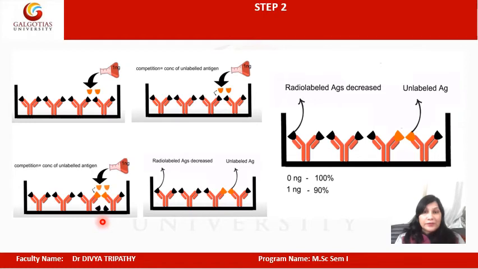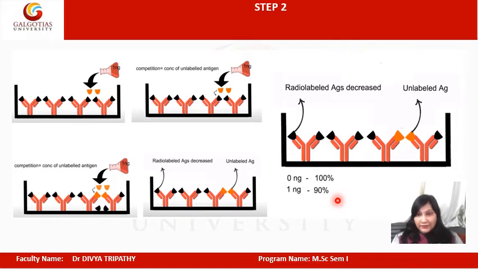This is a very important process in all types of immunoassay techniques. See, now what will we do? We will just check the radioactivity of this microtiter plate, right? Suppose at the start, when we have not added any unlabeled antigen, the radioactivity was found to be 100%. But after adding the unlabeled antigen solution of 1 nanogram per milliliter, the radioactivity decreased by 10%. Now the overall radioactivity of this microtiter plate is 90%, right?